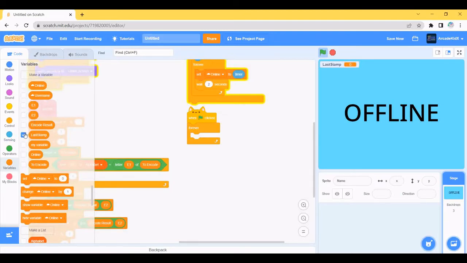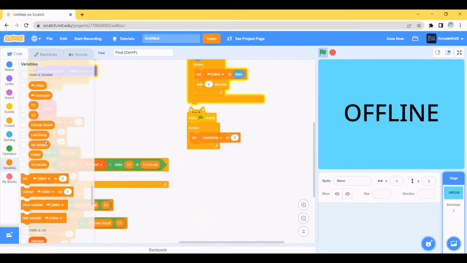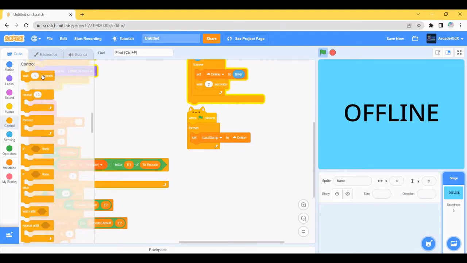So this is a last temp variable, so just hide it. And now let's begin the code and drag the set block and keep it in the forever. Now let's change online to last temp. Now we'll drag the cloud online and keep it in the place of 0. And now we need to go to the control to grab the wait 1 second block, and we might keep it